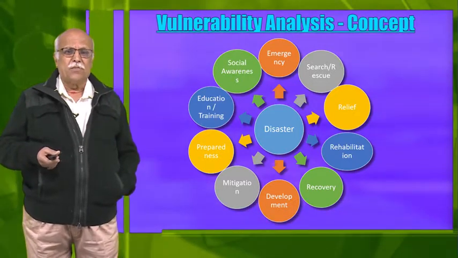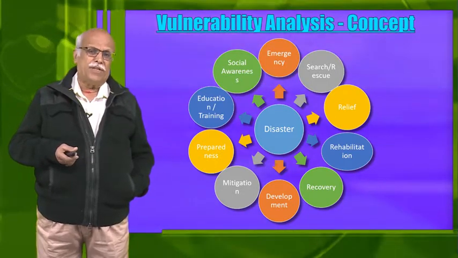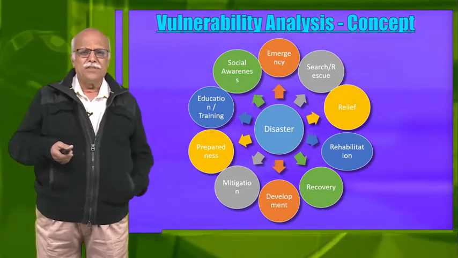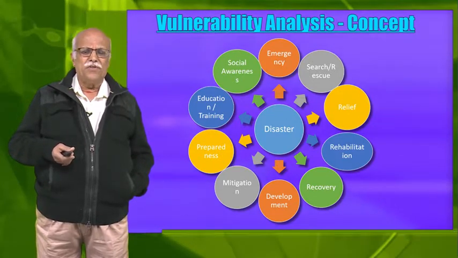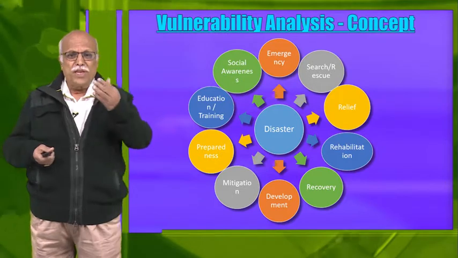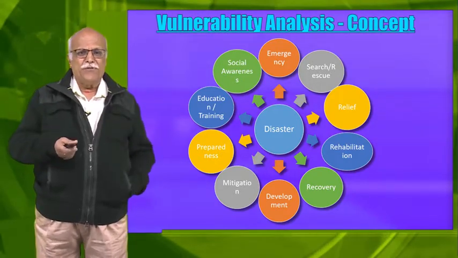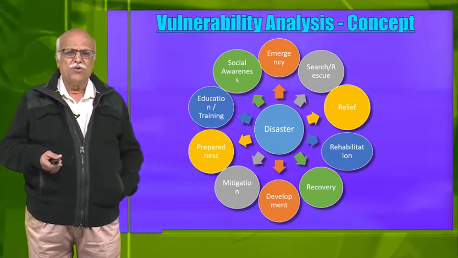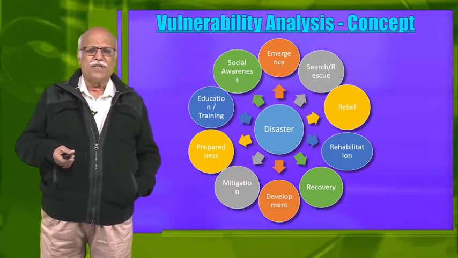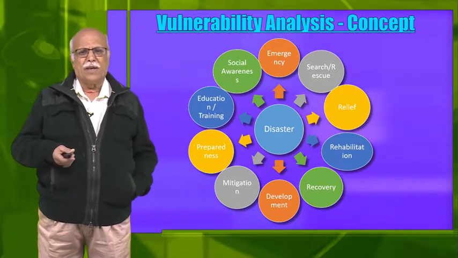But what about the governmental aspects? We start with the word development. Once a situation has gone wherein so many problems have occurred, we have to think in terms of how to get back to the original situation. That is known as development. In the first stage of development, we have a thing known as mitigation. What do you mean by mitigation? Let us say, for example, an earthquake has taken place and buildings have collapsed.